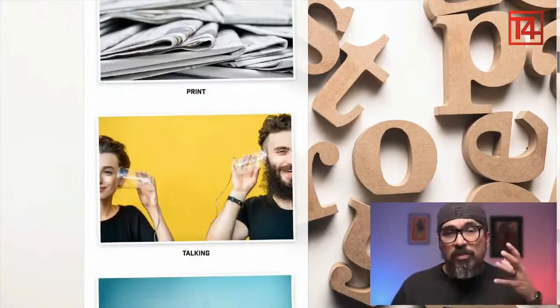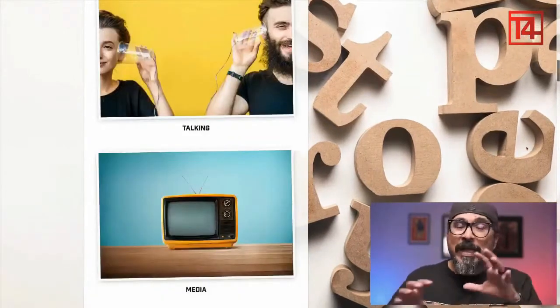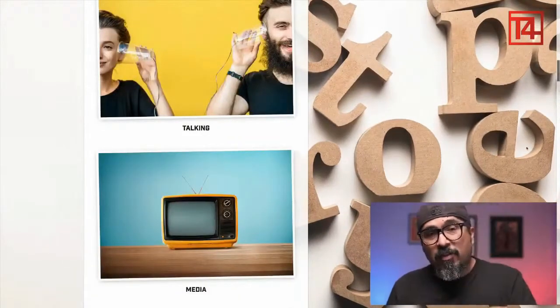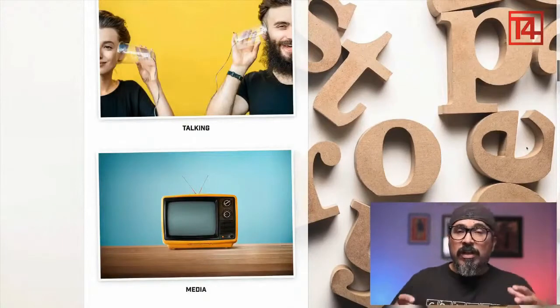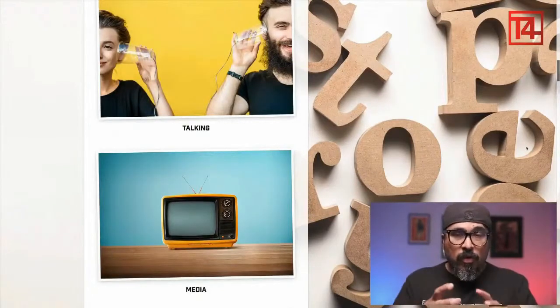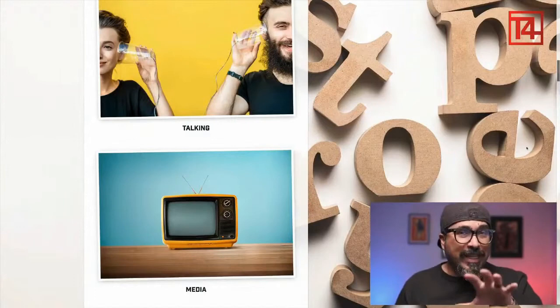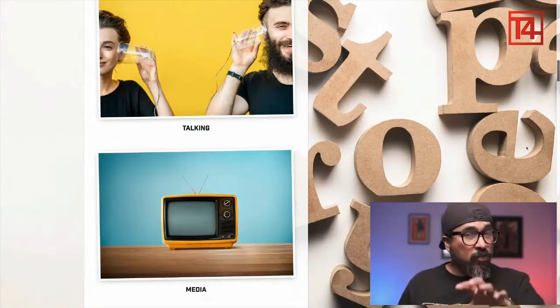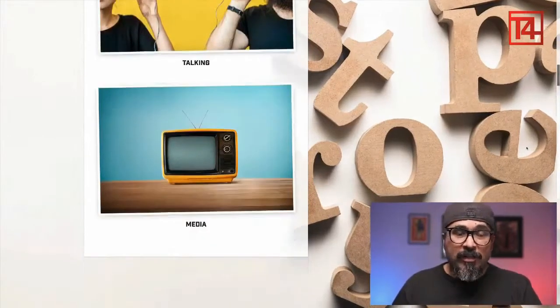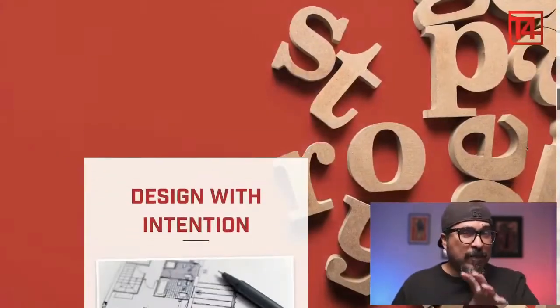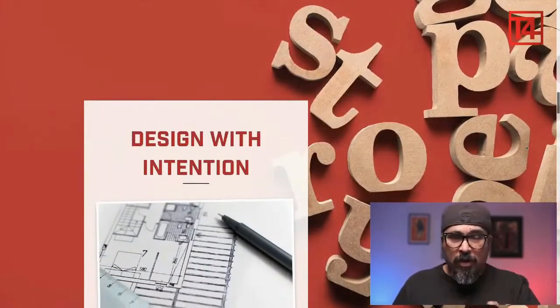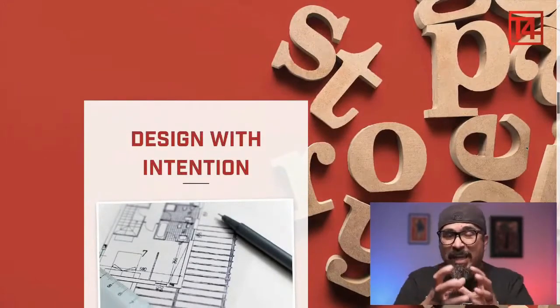We tell stories. We talk with each other. We use media, whether it's television or the internet. All those things are done as mediums to storytelling. And so when you are creating digital content, when your students are creating digital content, you want to think of that when you are designing. So here are some tips that if you would take with you in regards to storytelling and creating digital content.